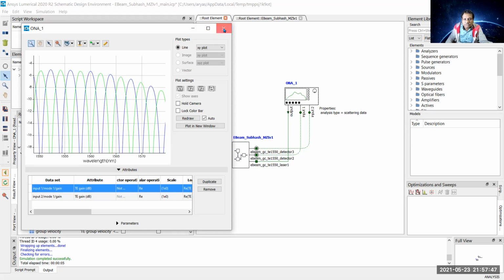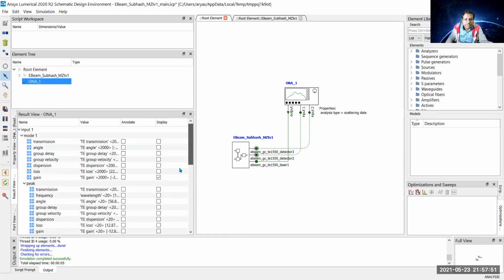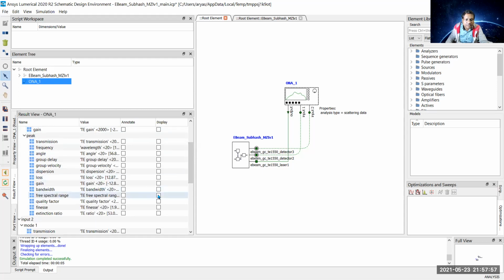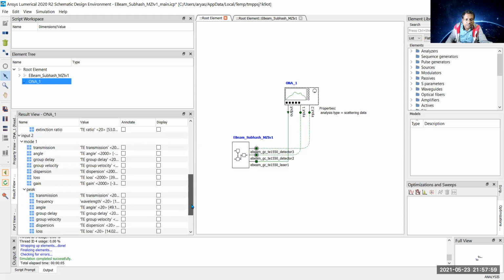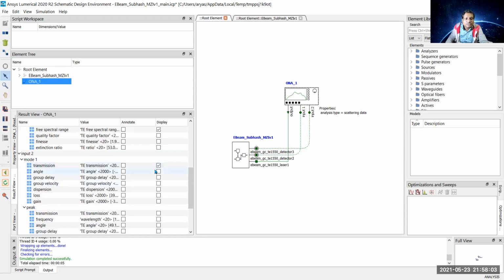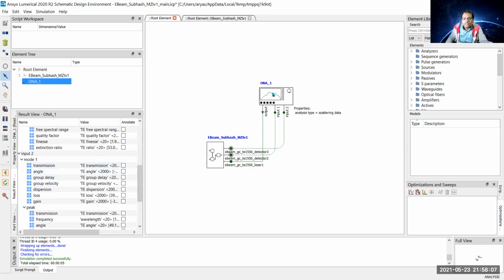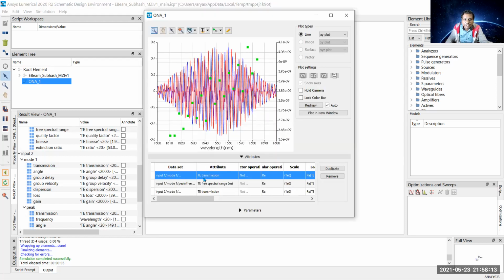I close it. Now select the transmission as well as the FSR, free spectral range, of this Mach-Zehnder interferometer. I right click on ONA, display the result. So you can see here transmission.